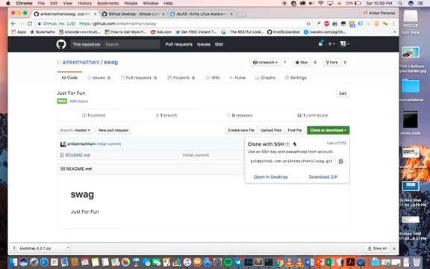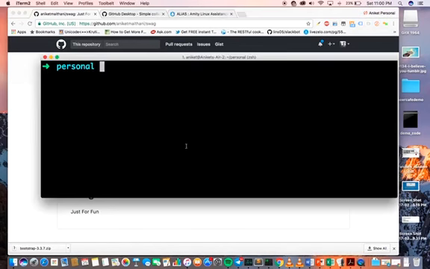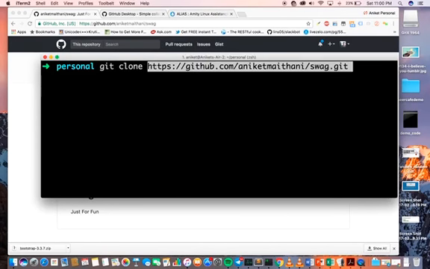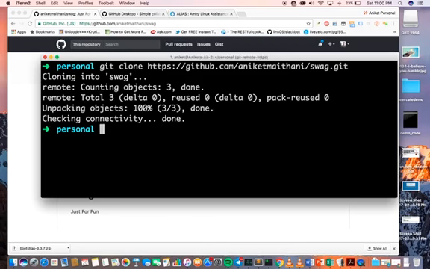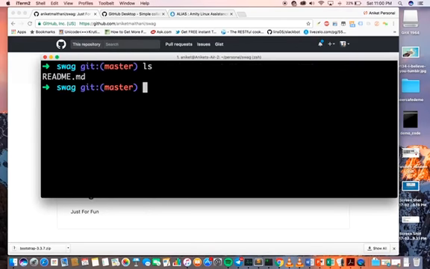You can either use SSH. If you have a public or private key, and you have put your public key onto GitHub, you can probably do it pretty easily. If not, then you have to do it using HTTPS. It will prompt you for a password, and it's kind of irritating at times. But for the sake of simplicity, we'll use HTTPS for now. So we'll use the command git clone to copy this repository, and voila. So we have this repository, as you can see, and it has this file readme.md,